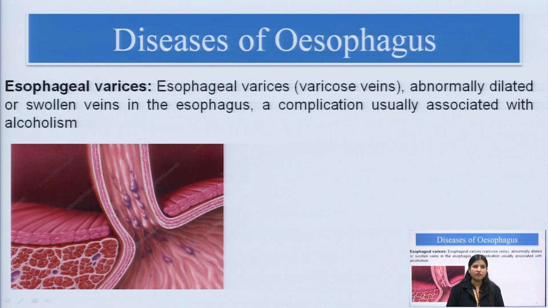So, this condition will appear in esophageal varices, the swollen veins will be there, the inflamed veins will be there, they can rupture, they can cause bleeding as well. When it occurs, it is associated with alcoholism, a very common complication we are seeing with alcoholic patients is esophageal varices. So, here you can see there is a dilation of the varicose veins, and there is straining we can see in these veins which will ultimately rupture, and there will be bleeding.